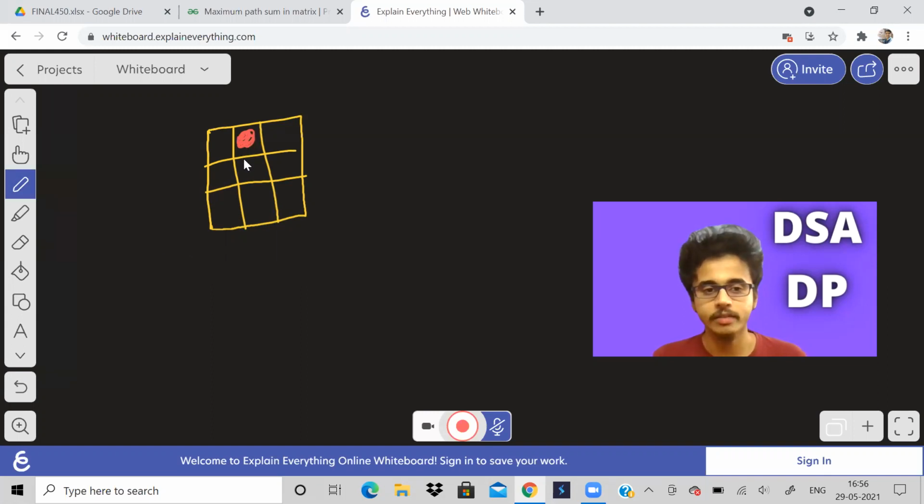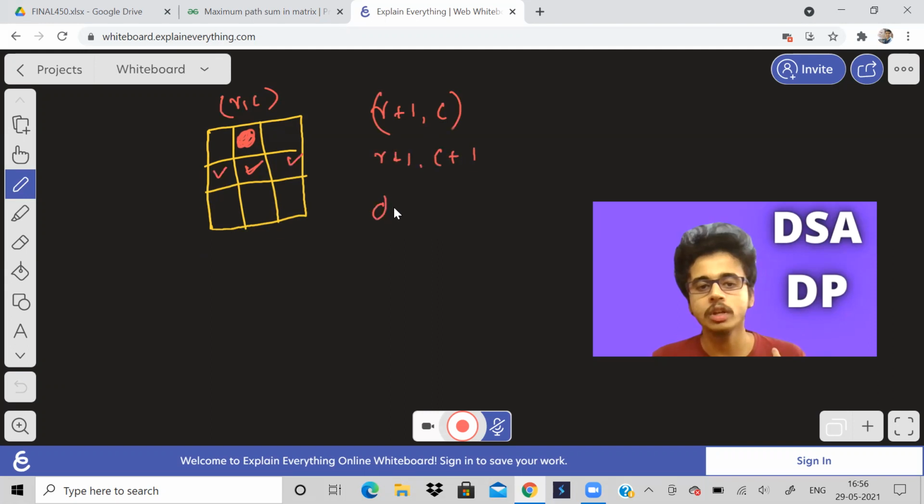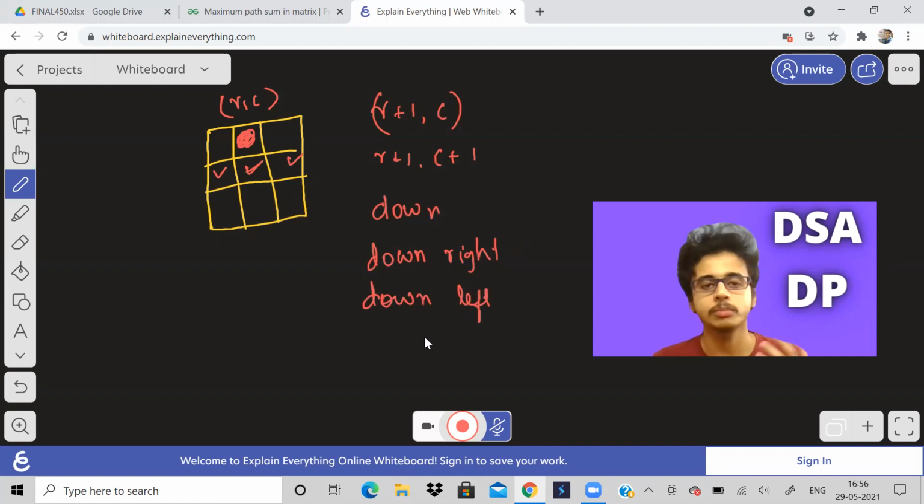This cell is R comma C. We can go to R plus 1 comma C, which is this, or R plus 1 comma C plus 1, which is this, or this. So we can go down, or we can go down right, which is also known as diagonal right, or we can go down left, which is diagonal left. So three possible ways. What are we supposed to do?